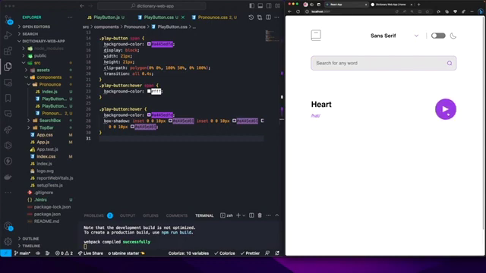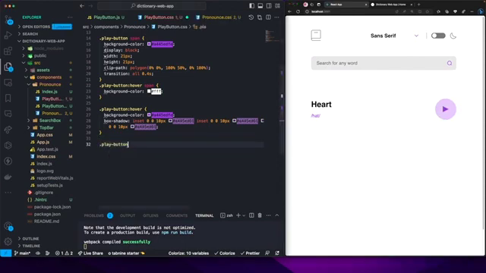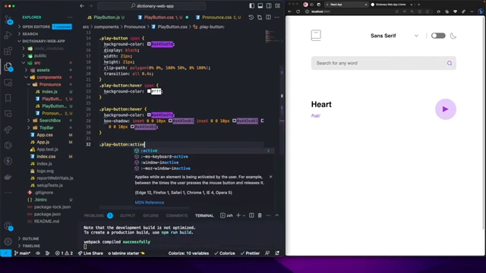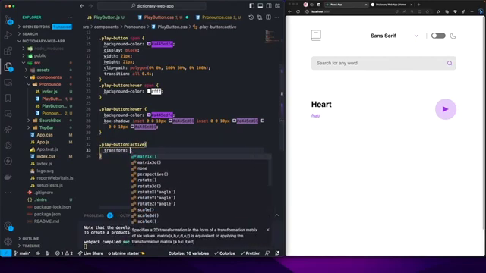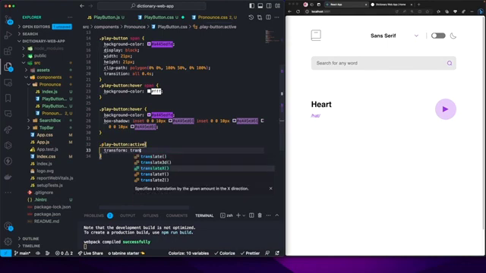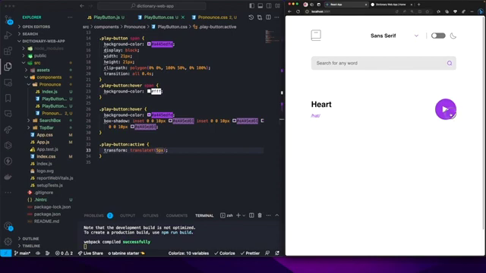Okay, so you can see that's the effect that we're having, and then also when we click, it should also give some nice effect. So click means when it's active, transform, translate Y to be 5 pixels. Let's see this. See? Alright, so that's a play button, and now if you go to index.js,